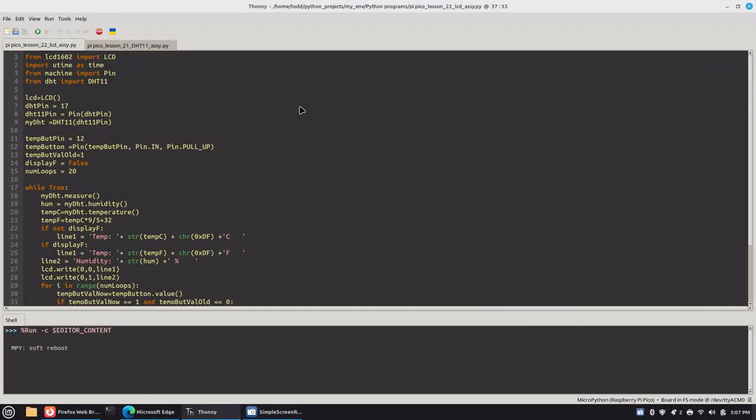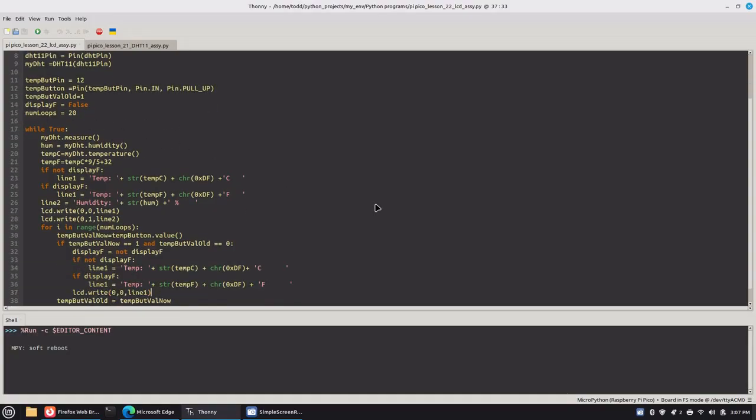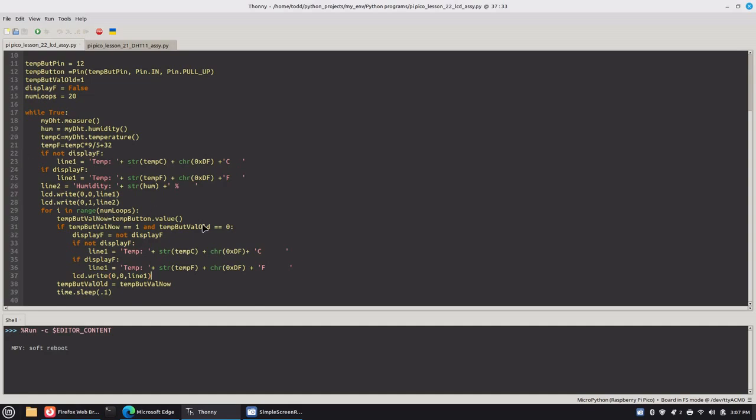So this is the code for lesson 22, displaying the temperature and humidity on the LCD. So here we import the LCD, the time, pin, and DHT11. We set up the LCD, set up the DHT pins, set up the button pins and button, set a boolean for displaying Fahrenheit or not, and then set a number of loops for my for loop that I use to